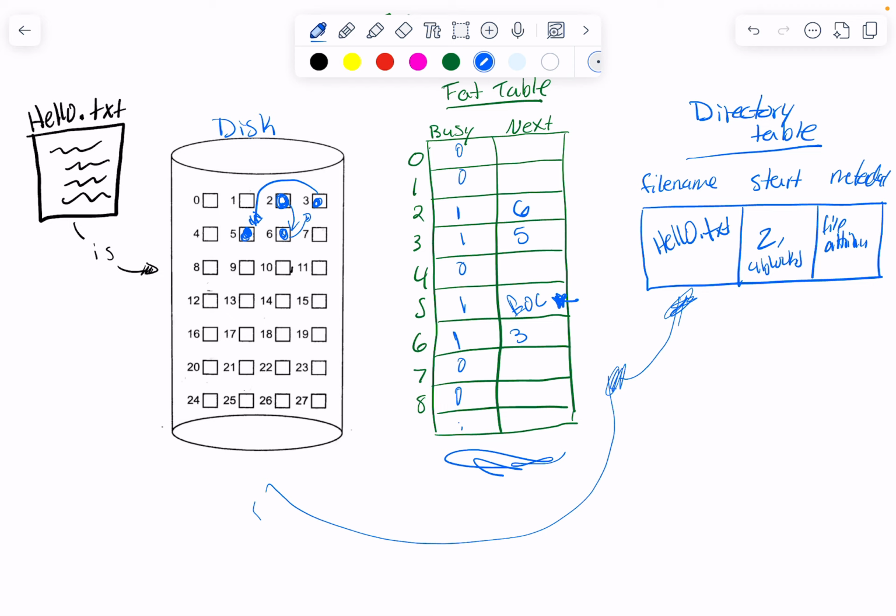So the directory tells us where to start and gives me file information. The allocation table helps me know the chain of blocks that make up the actual file content. So if you're looking at how you actually access all of this when trying to open a file, say for example hello.txt, your OS immediately checks your directory. Your directory then leads you to your FAT table. Your FAT table tells you the exact location that's going to be on